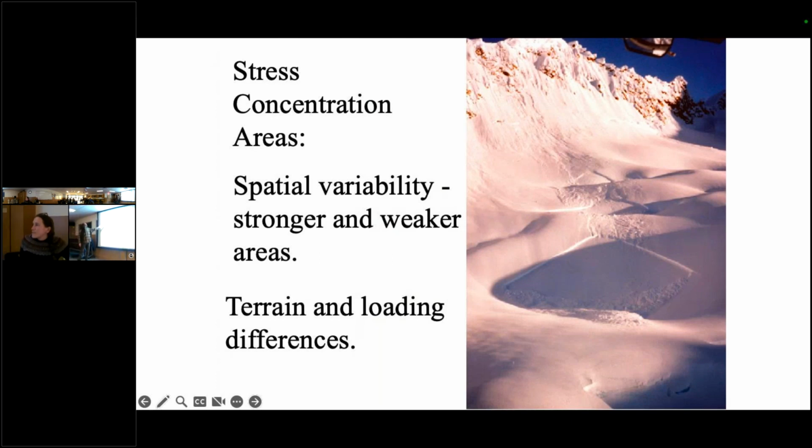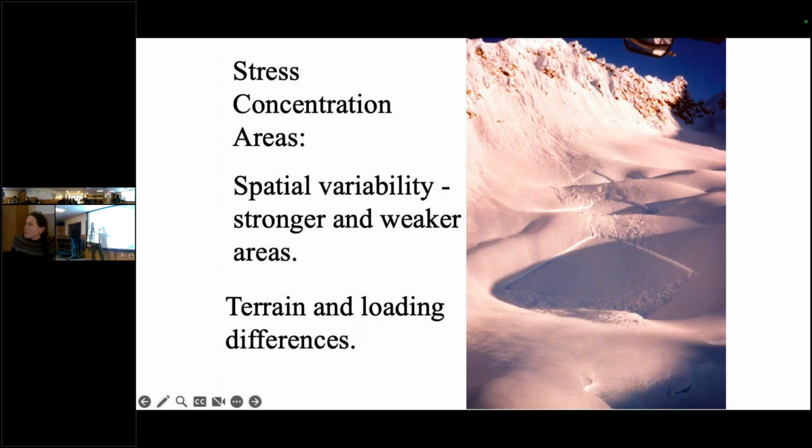The big thing we talk about, and this is why it gets really tough and so subjective, is spatial variability. Every spot on the slope is experiencing different things, whether it's from the wind, the sun, or the convexities. This is just a classic example of these three slabs happening.